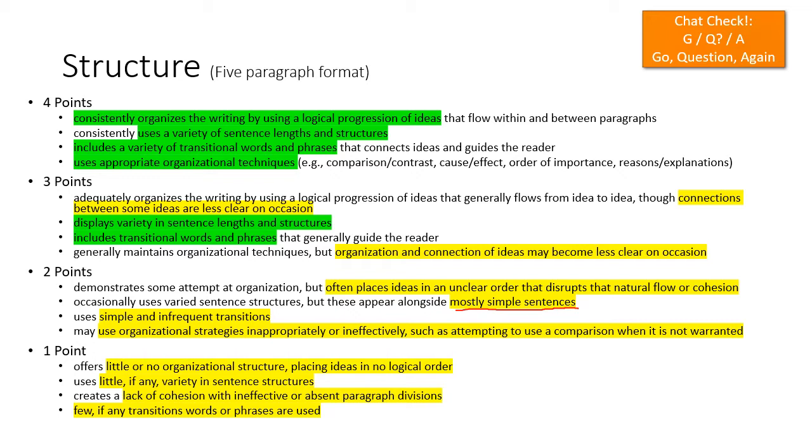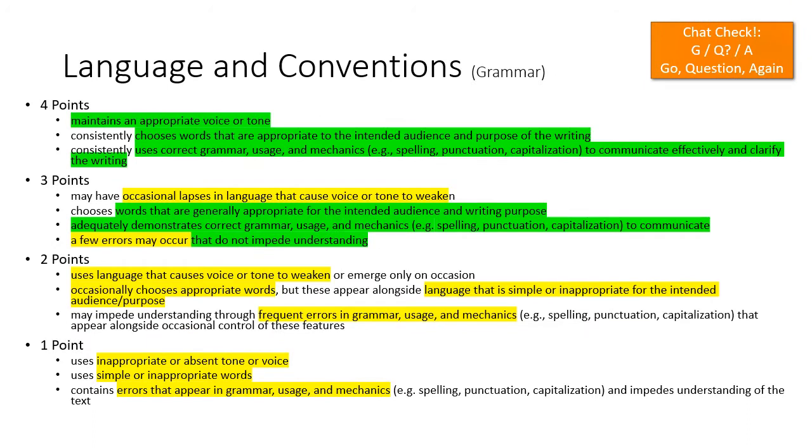And again, the quick way to fall down into the 2 range is having just simple sentences, or not having a clear order to your ideas, or not having that structure of introduction, support, and then conclusion paragraphs. The last one is language and conventions, and this one is probably the easiest one to score a 3 or 4 on if you do a rough draft and get feedback on it, because I will give you as much feedback as I can for your